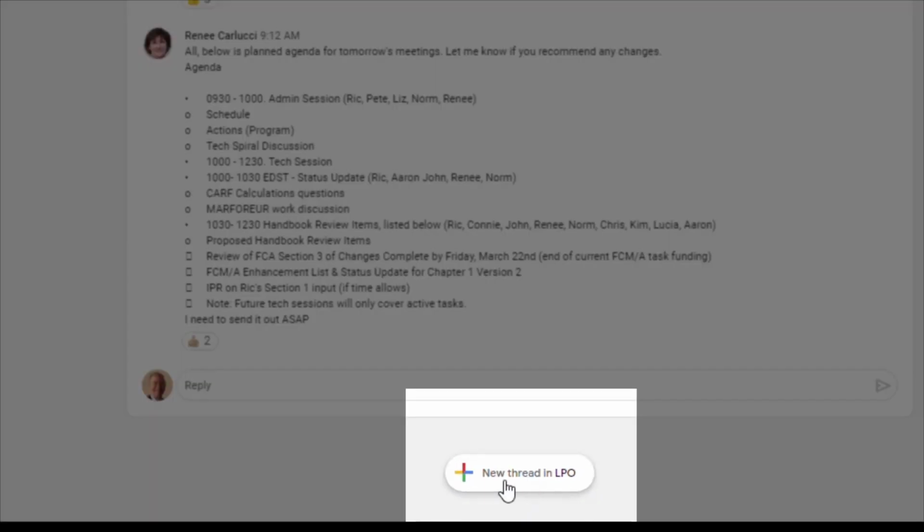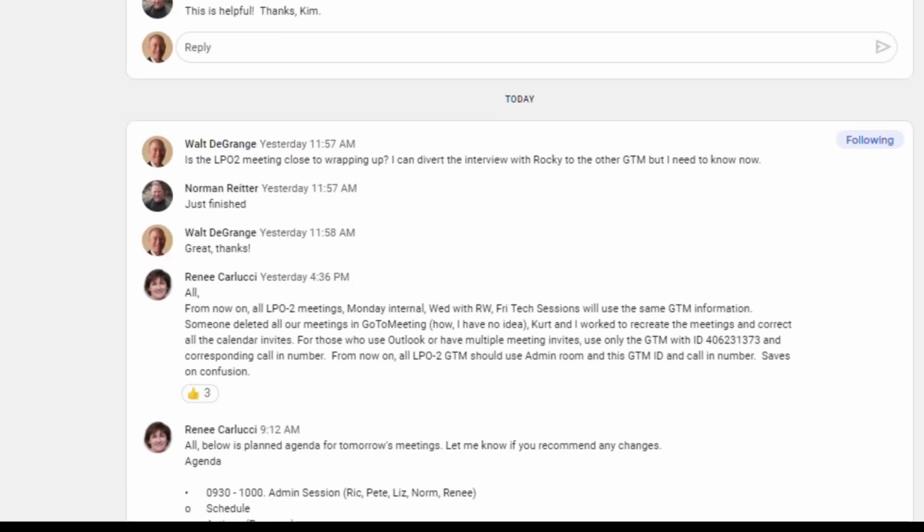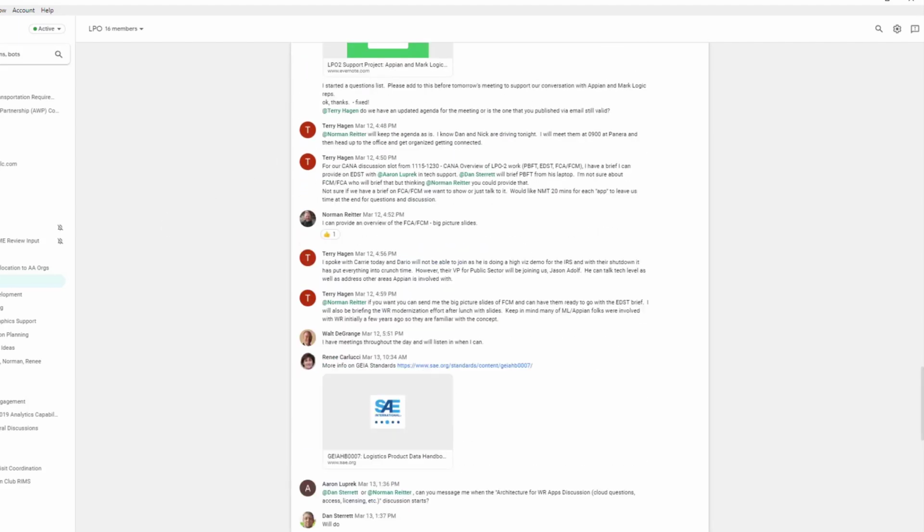The other thing is this button, new thread. This is important. When you have a room, threads allow you to break it down into sub discussions. The issue is that longer threads start collapsing on themselves, and you get this little bubble, and here you see 12, and you can click on it and expand it.